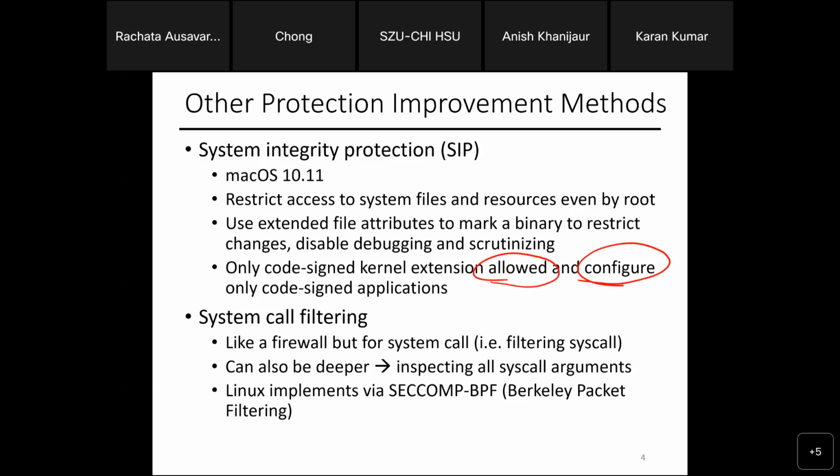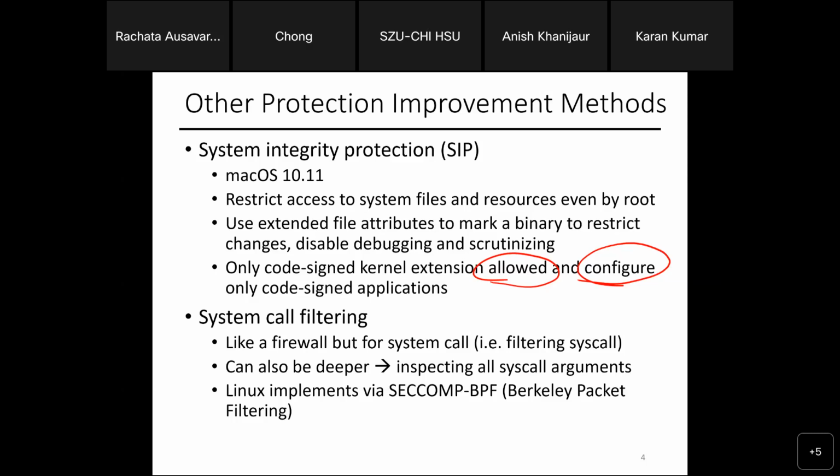Basically, you block certain access based on certain patterns that you can detect. This behaves kind of like a firewall, but for system calls. So it filters system calls and can also allow you to inspect the system call arguments. Linux, for example, has Berkeley packet filtering to implement a feature similar to system call filtering.